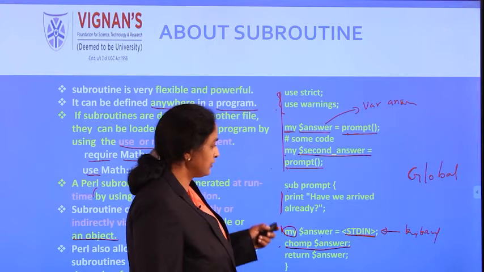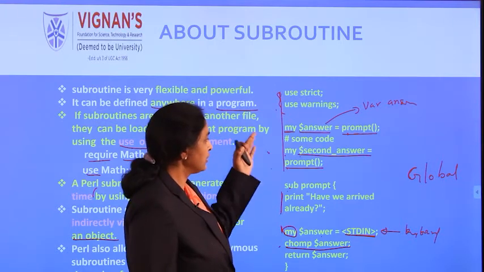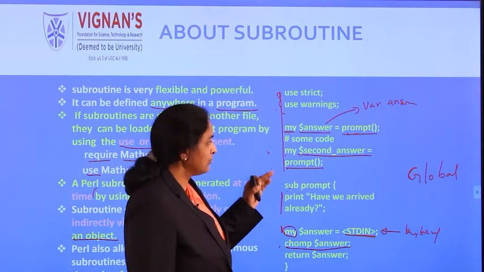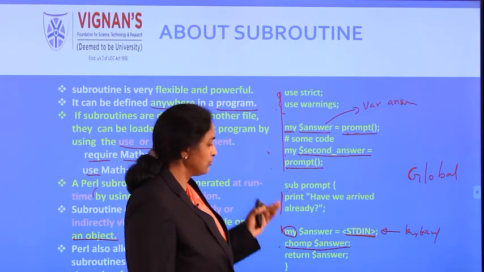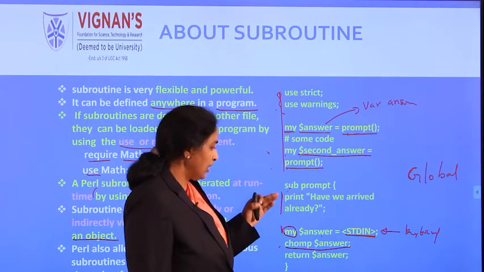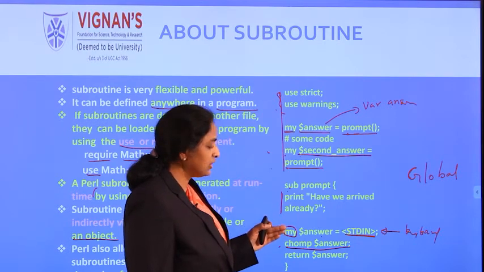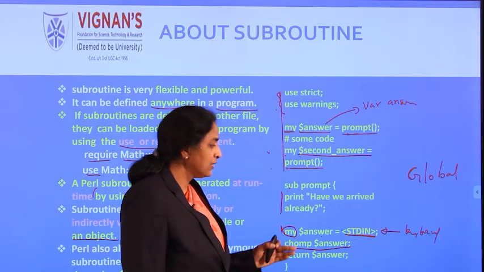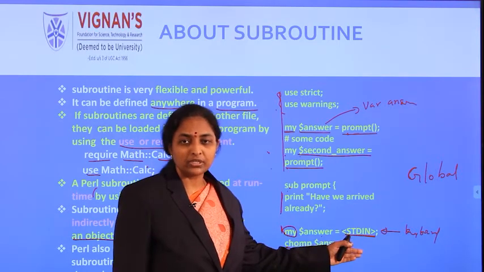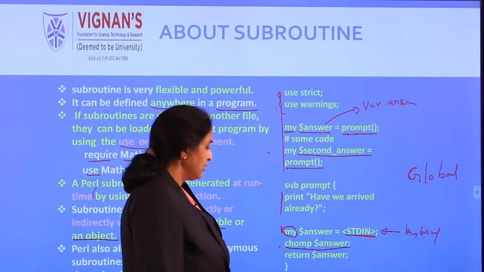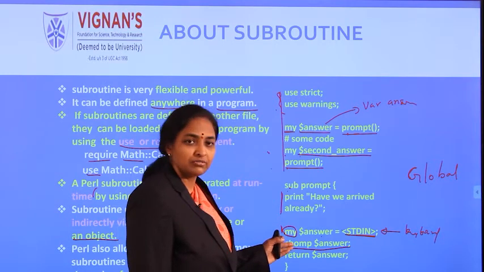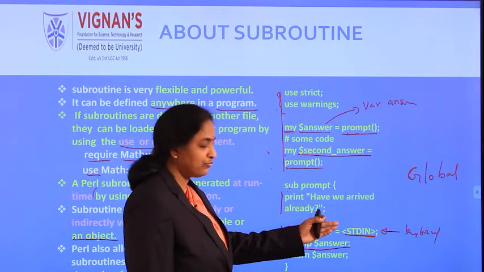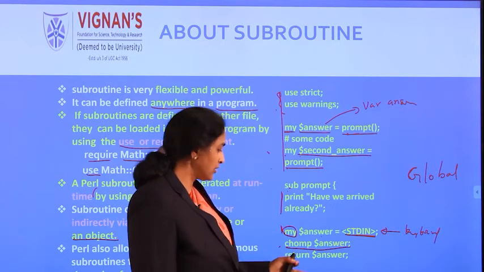So this is the difference. Compared to the earlier basic program, multiple calls can be done, so multiple answers can be written though the question is the same. And one more thing is, you can limit the scope of the variable to local with the keyword my, you can input the data with the help of STDIN, and you can remove the newlines with the help of the chomp function. So whatever you are inputting from the keyboard, that is the answer.